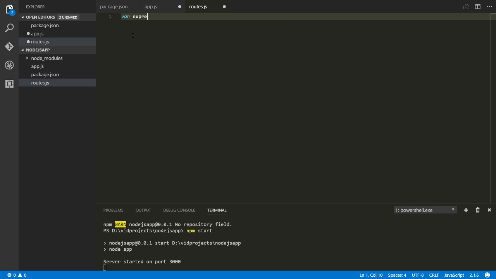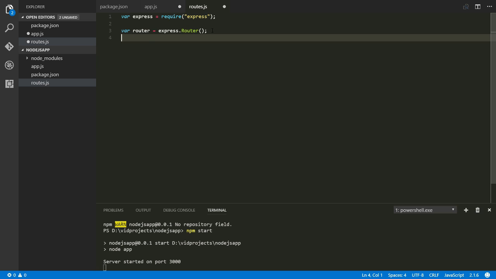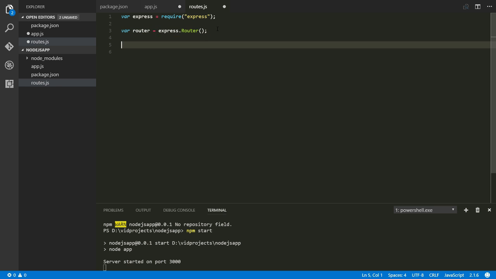So the first thing you want to do here is the same as we've done so far. You want to require Express here. That's something you have to import. And then you can get started. You can say var router is equal to express.Router. What is this going to do? Well, this is going to say, listen, the router we're going to use in this application is stored in this variable. And all I have to do now is say router.get('/') and I can open a function